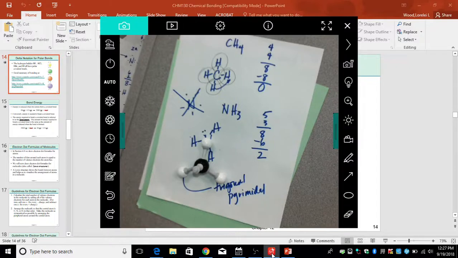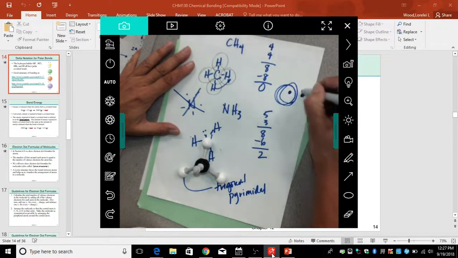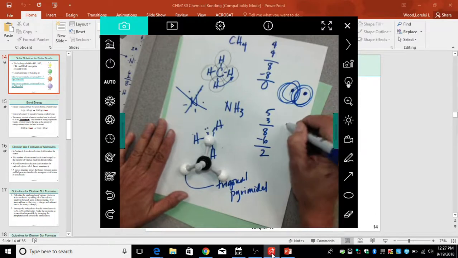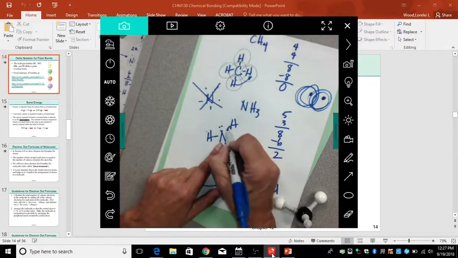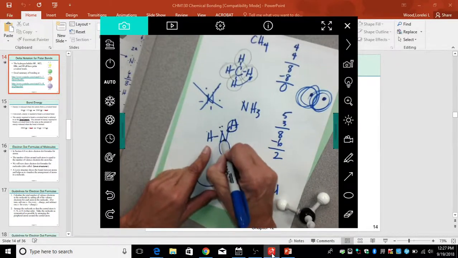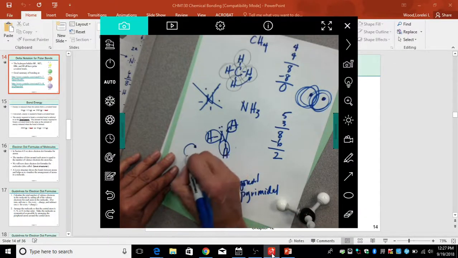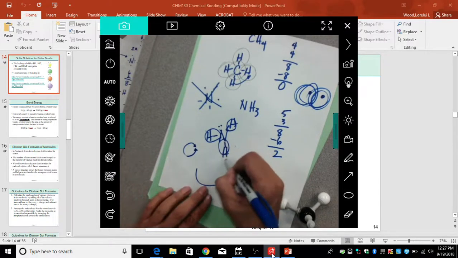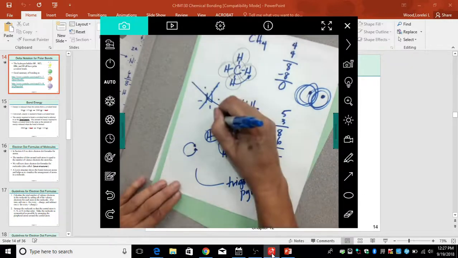If we're talking about S spinning electrons, here's the nucleus, or here's two atoms joined together, right? They're spinning in a circular pattern around them. So what happens is the lobe of repulsion, okay, we'll look at the nitrogen. Nitrogen and hydrogen. This lobe of repulsion here that holds these things together is relatively small. And the lobe of repulsion is caused by one electron spinning in one direction and one electron spinning in the other. It sort of looks like a balloon. If you blew up a balloon and you stuck it onto the nitrogen, the area where the electrons would be, this lobe of repulsion that holds the hydrogens. This, the non-bonded pairs,